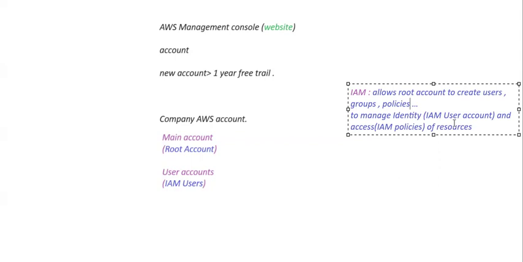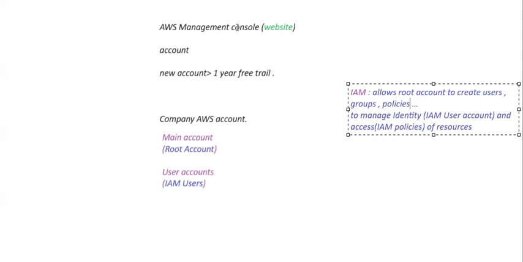In order to log into the AWS Management Console, a user must have an identity. So how will the root user provide this identity? By using IAM user account creation. Okay. Now, after a user logs in,